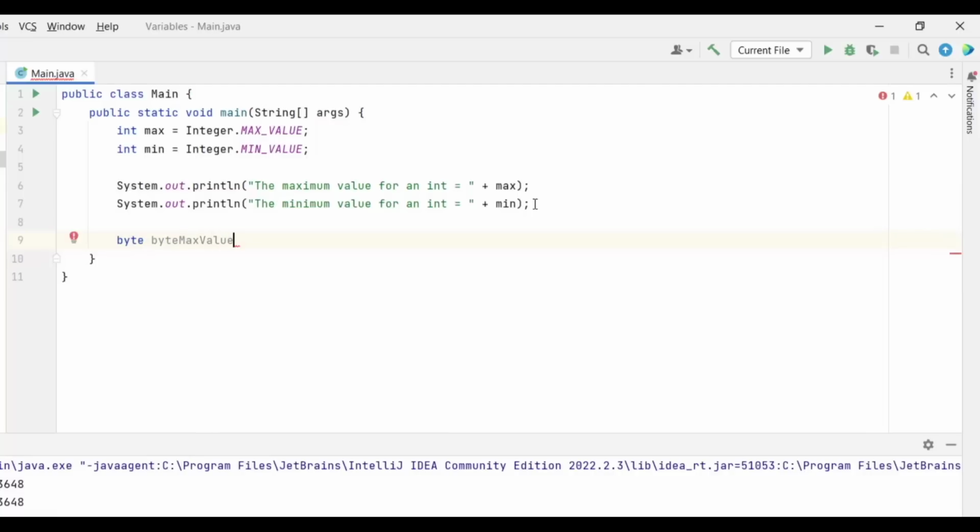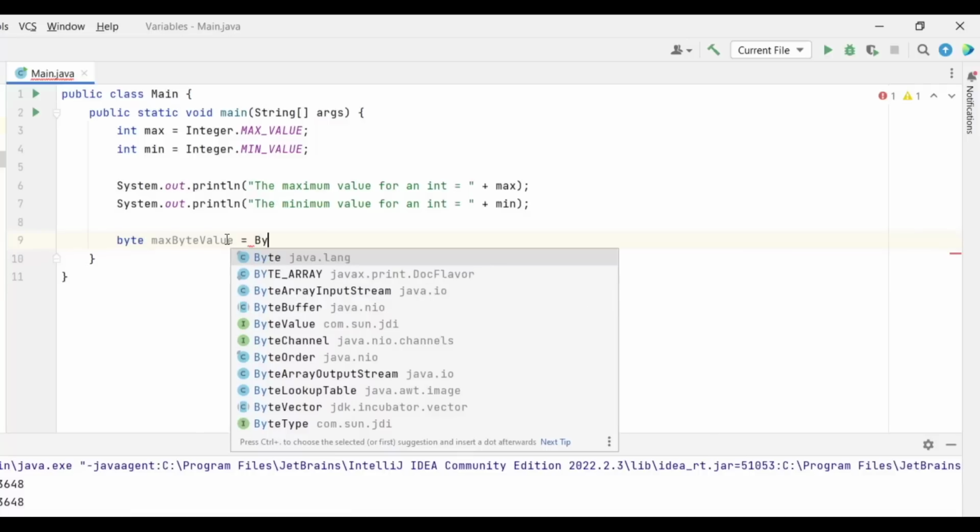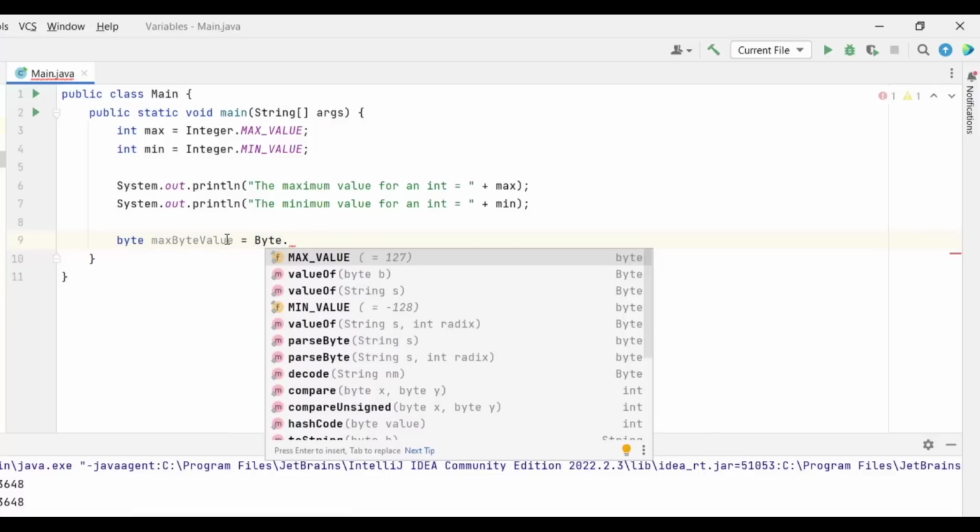I am calling it byte max value because if I type here max, we'll have two variables which have the same name, and you can't have this, because if you want to call one of the variables, the compiler or IntelliJ is not going to know which variable you're talking about. So let's call this max byte value, and now we'll get the value which can be stored in a byte. So we're going to type here Byte dot MAX_VALUE.